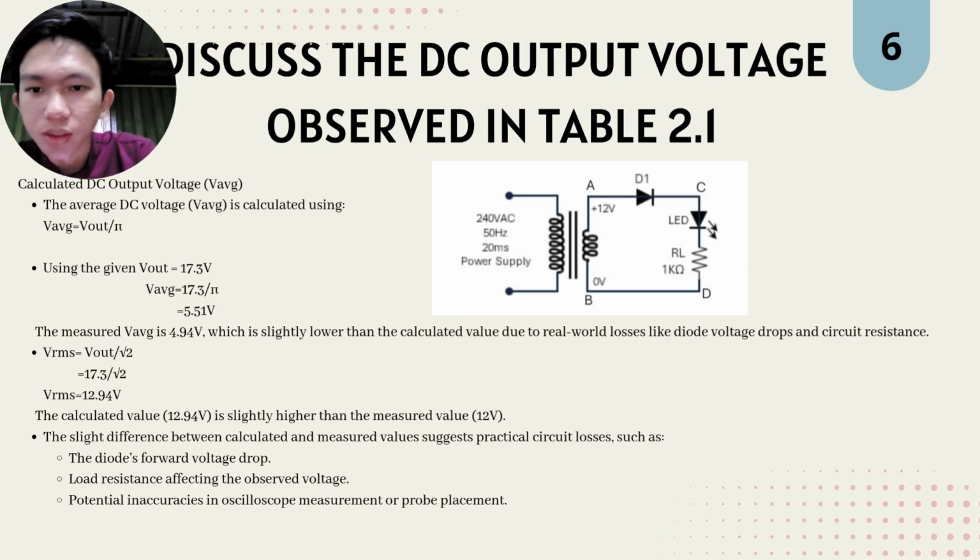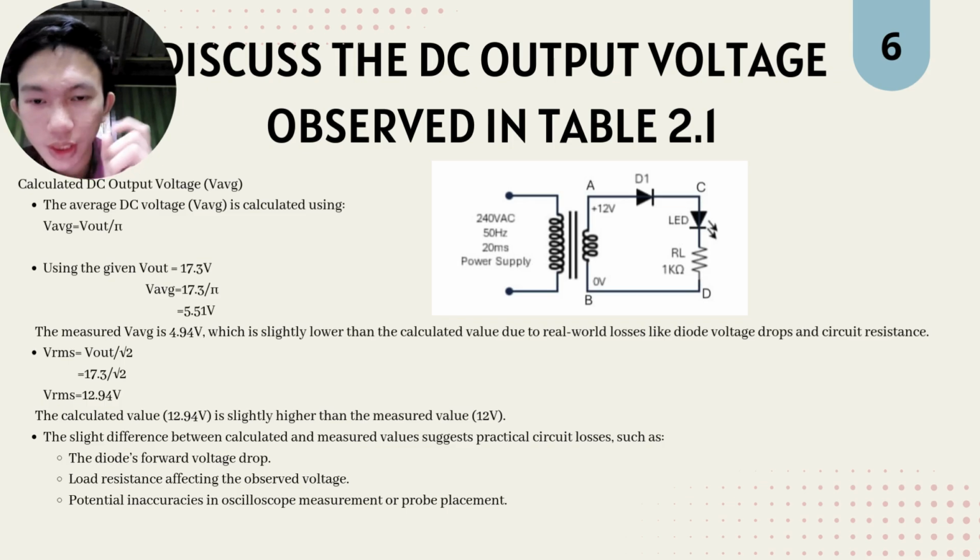So for the VRMS, the formula for VRMS is V out equal to V out over square root of 2. So we got 12.94 volt. The calculated value 12.94 volt is slightly higher than the measured value 12 volt, which is normal because it's hard to find the same value, 12 volt, because of the equipment